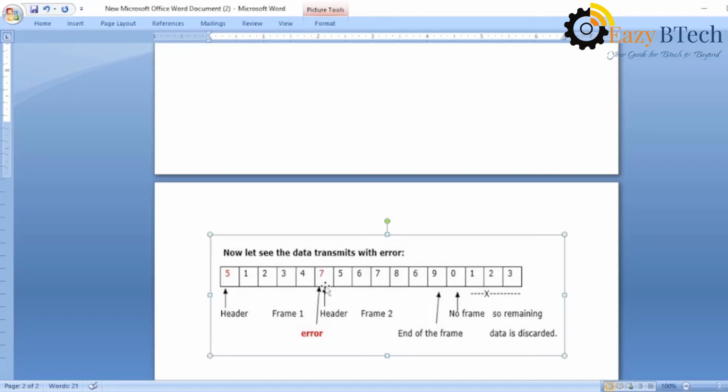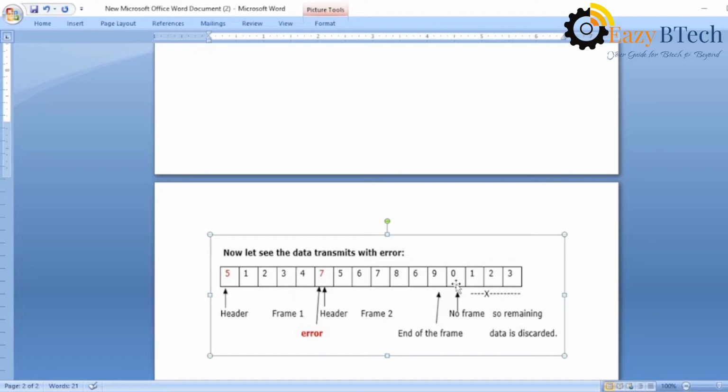Here we can easily identify whether there is an error in that particular frame or not. Okay, here 7 means this character count and the next 6 bits. 1 2 3 4 5 6 7. Up to here it indicates the end of the frame. Next, at the starting of the frame, we see this 0. 0 means the next remaining frame will be discarded.